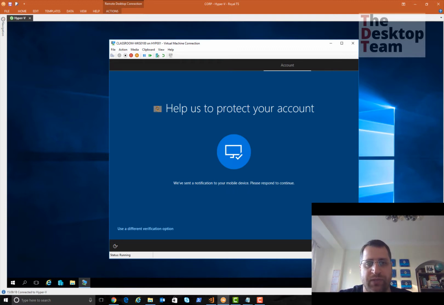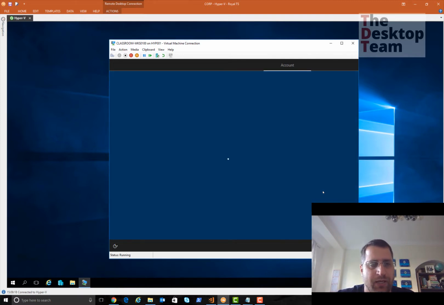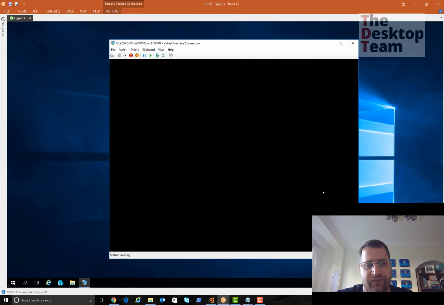So I'm just getting here the authenticator, and I will accept this. Approved. And it's now automatically adding the computer, performing the changes that are required, setting up my device, connecting to Azure AD, connecting to all those places it needs to connect,